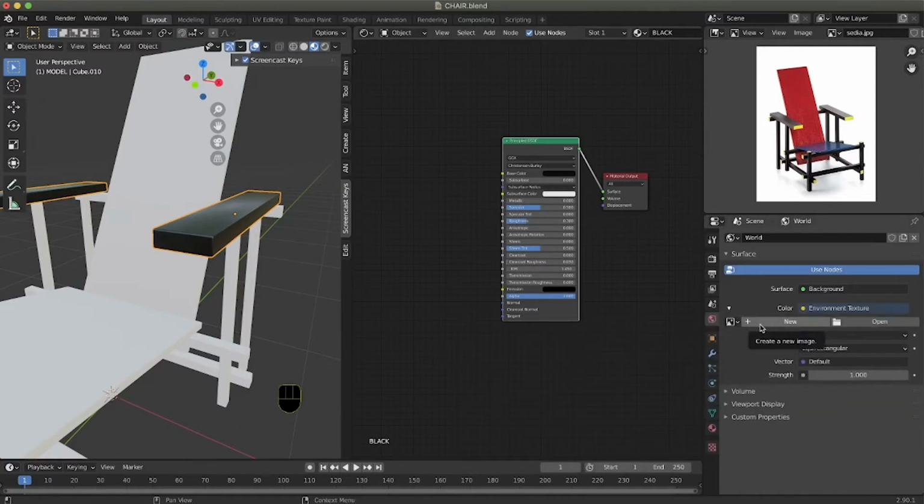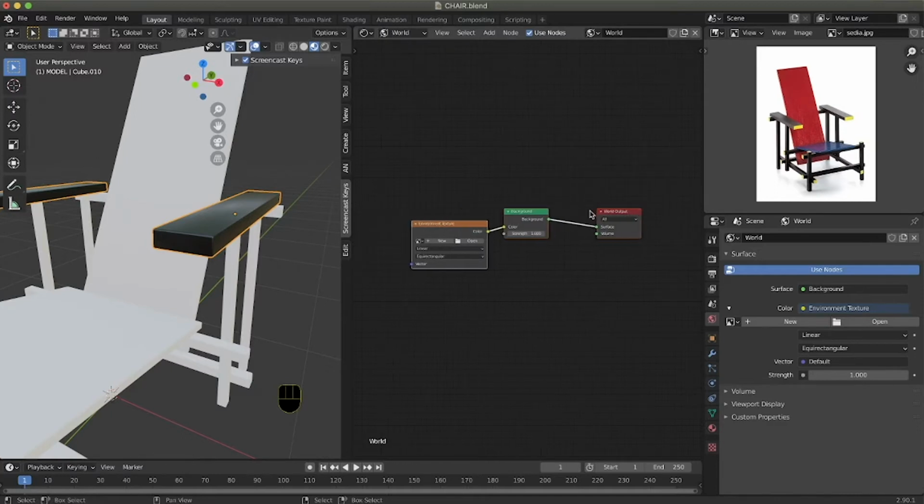Now you have to notice that what you do in this panel is reflected in the world visualization of the shader editor, because at the moment we are acting on the material of this object. So if we go into World, in this case we will act on the material assigned to the world.